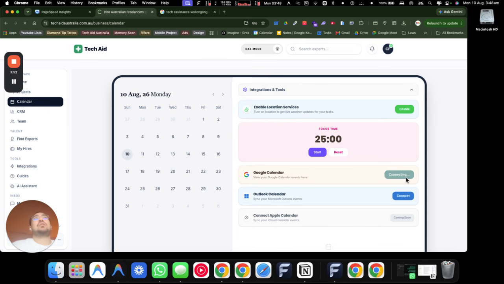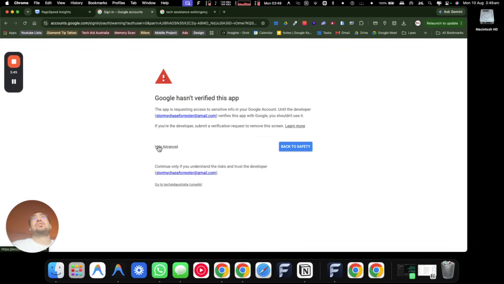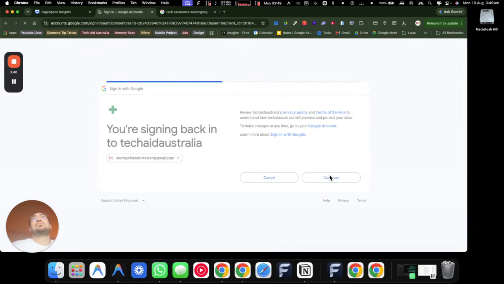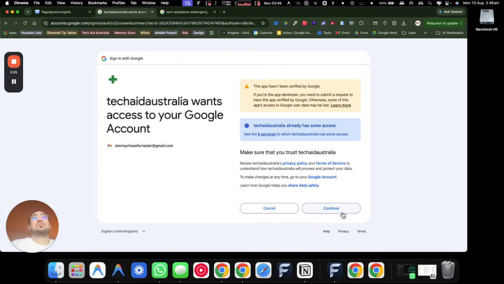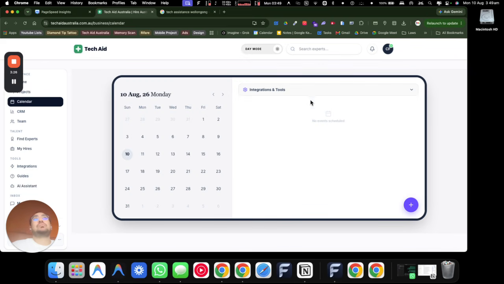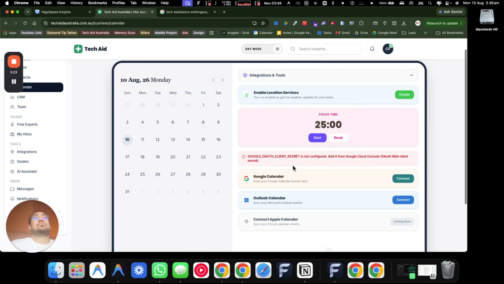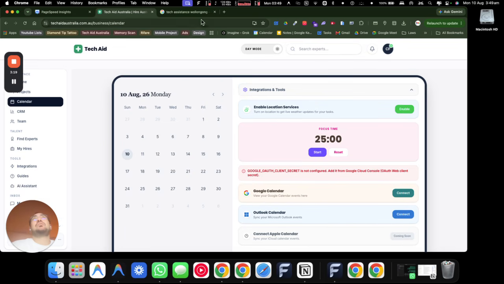So we've got the Google Calendar, and we want to try and connect it so that we can try and override things in our existing calendar. So we go to that and continue. You can see that we've got 5 services that we need access to, and we needed to trust it. And what this does is it will come up as, as you can see, it's not configured from the Google Cloud Console, and that's what I need more so